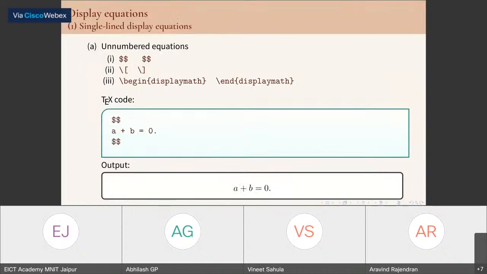Moving on to the second part, display equations. Display equations can be mainly classified into two parts: single line display equations and multiple line display equations. We can check the first part, single line display equations. It can be mainly split into two: unnumbered display equations and numbered display equations in a single line. You can see the syntax